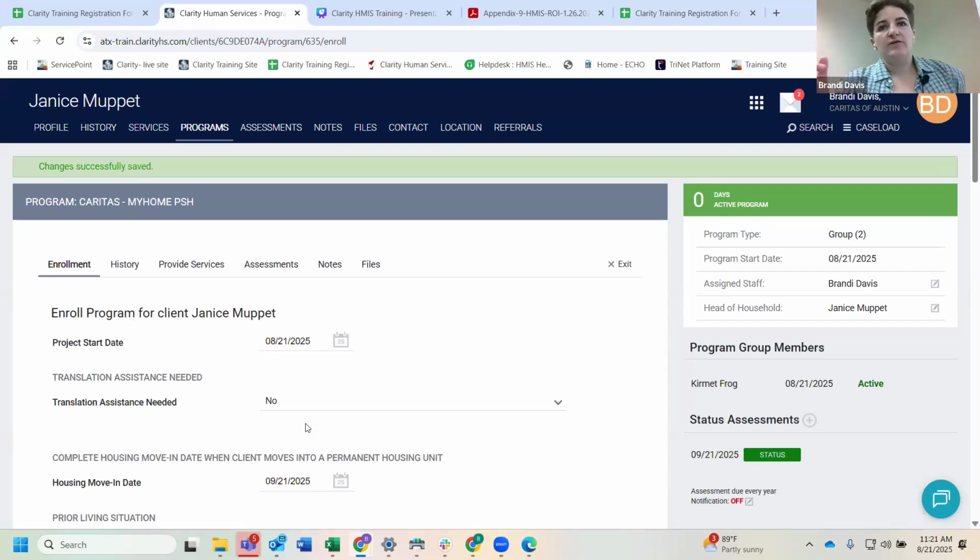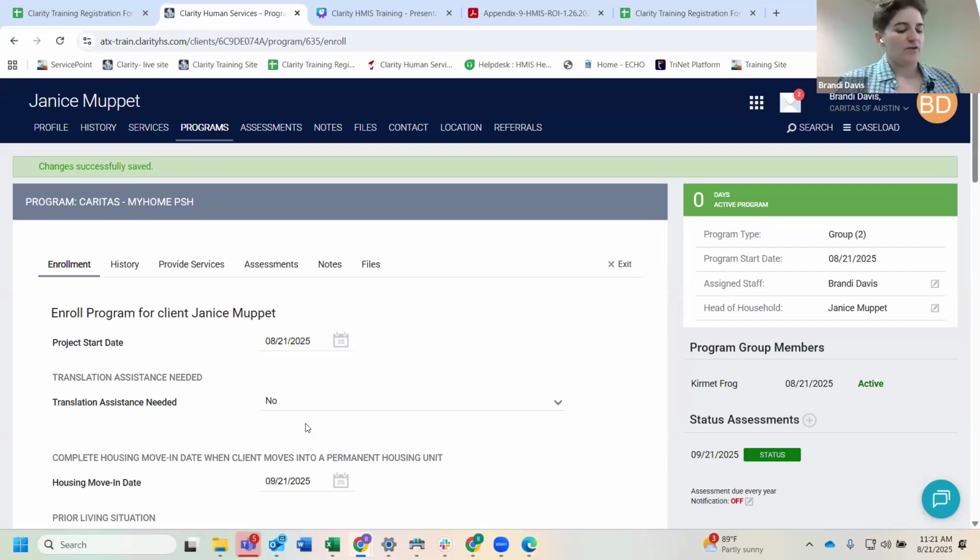So the only time you'll do anything with this housing move-in date is if the client does enter into homelessness in between housing placements. If that was the case, you would actually exit the client and then create a new enrollment the next day. And the housing move-in date would be left blank. You would enter a new one once they're housed again. If they're just transferring directly into the housing placement, I don't know if the housing move-in date would transfer over in Clarity. You might have to add it again.